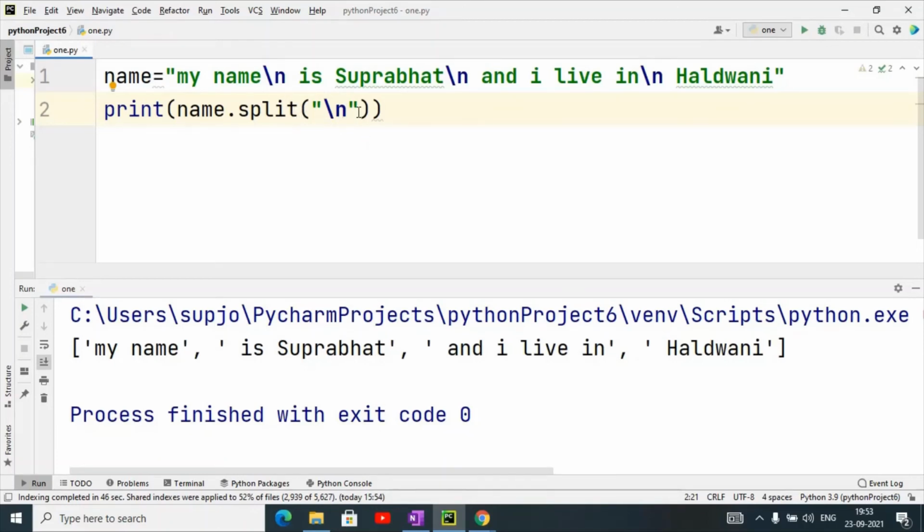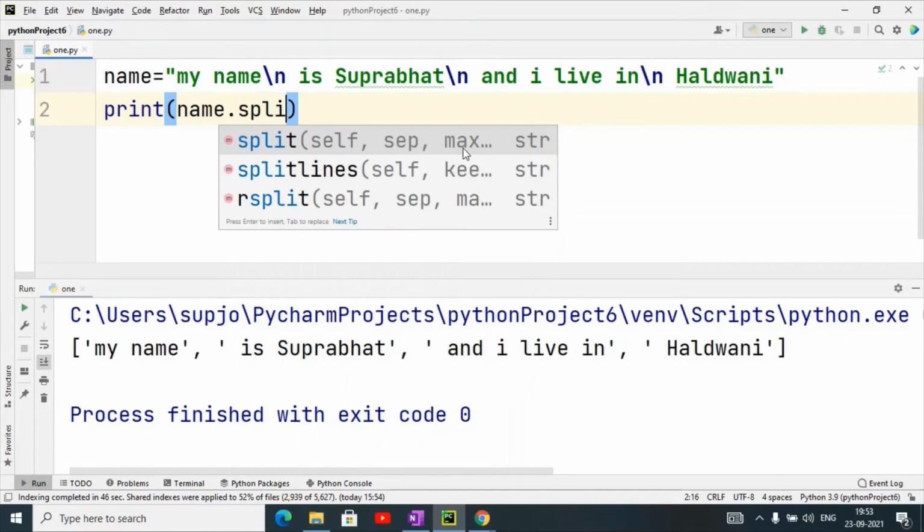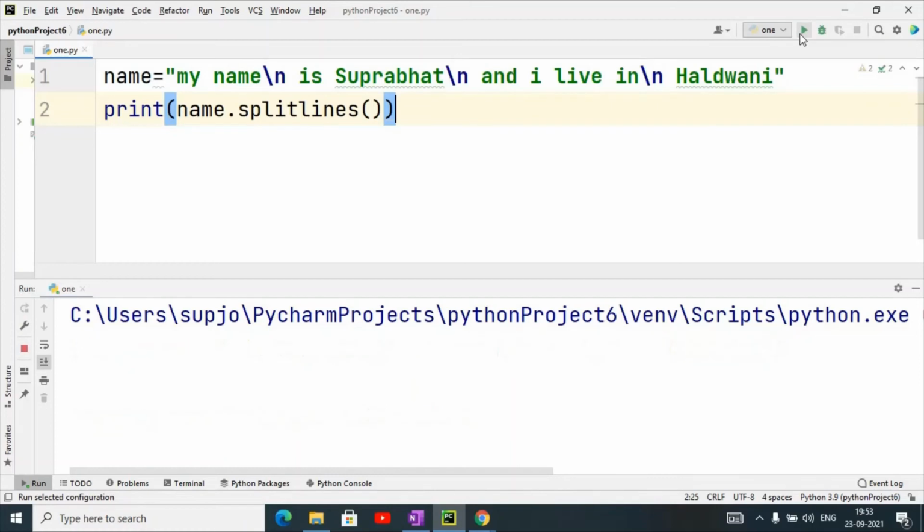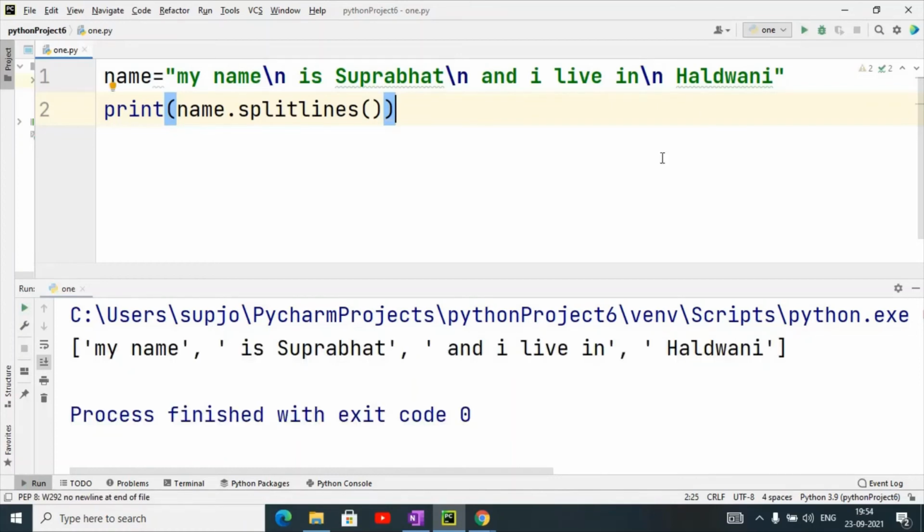But when I use the splitlines method, it is specially used for line break. Whenever it sees a line break, it will split the string on the basis of the line break.